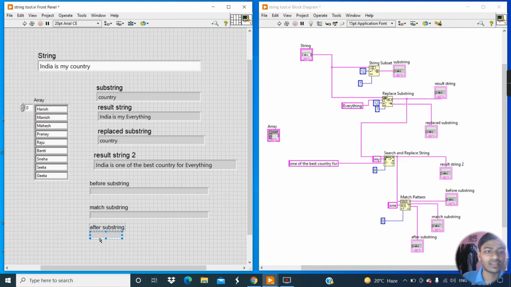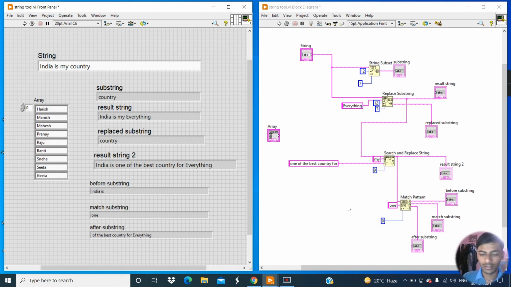So yeah, that's good. Now click on this run button. Now in the result we have got India is in the before substring, one in the match substring, and the remaining sentence, that means of the best country for everything, in the after substring. I hope you got the function of this match substring.